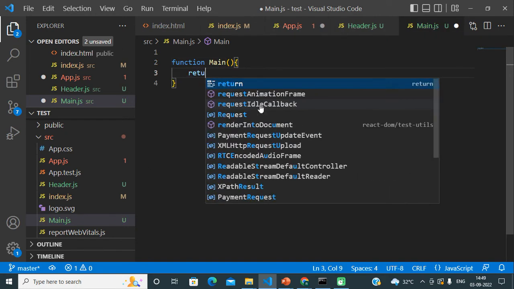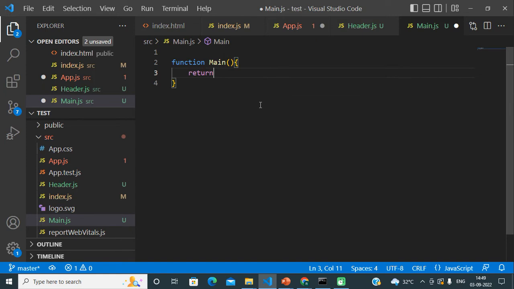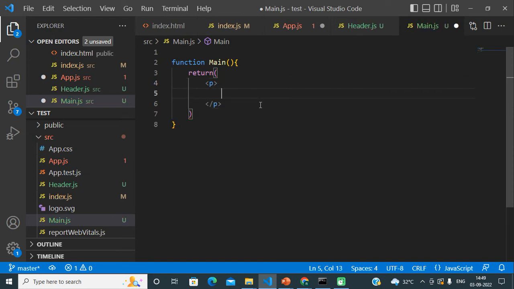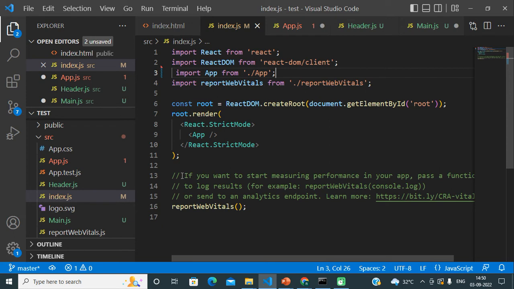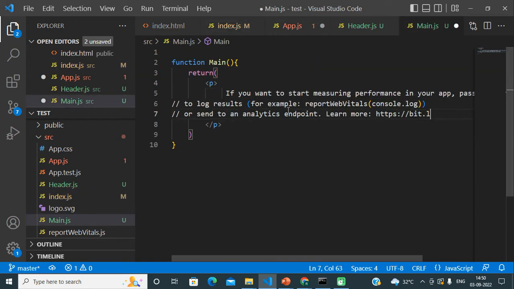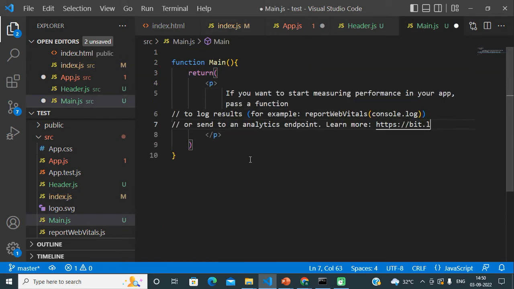After this I will just return a JSX, and this time my JSX will be a p tag, a paragraph element. And I am going to add some normal text just for demonstration purposes guys. You can understand, normal HTML.